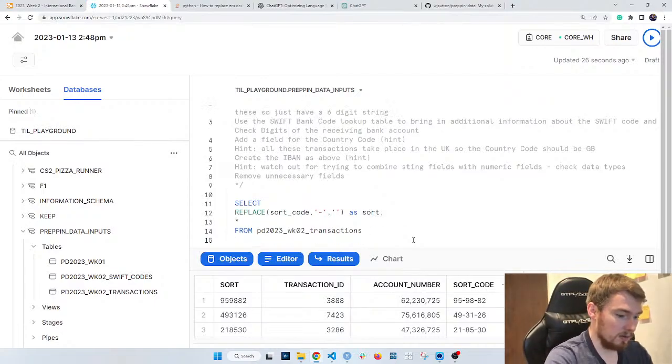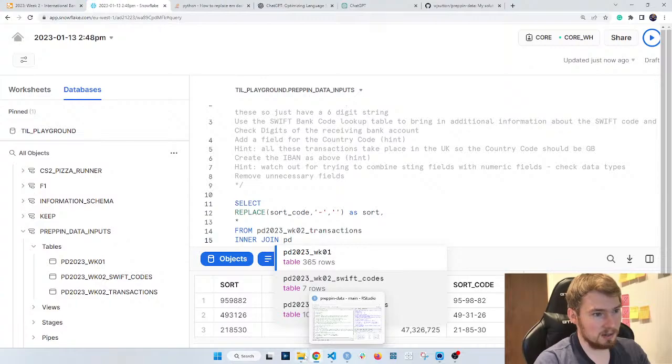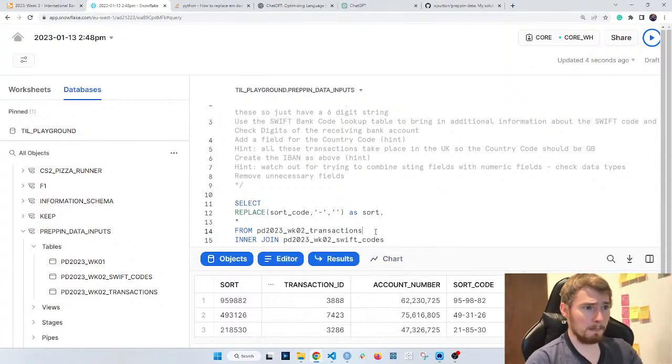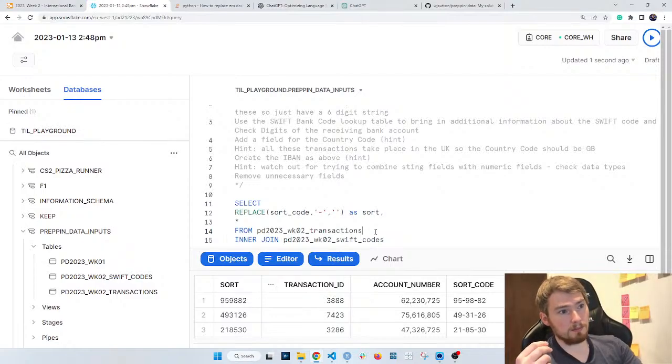So if I go right inner join, I go find my data, PD Swift codes. Okay, because now I need to go and decide what to join these on. Picking the tables is going to be quite laborious if I have to write out this code again, so I'm going to give these an alias.